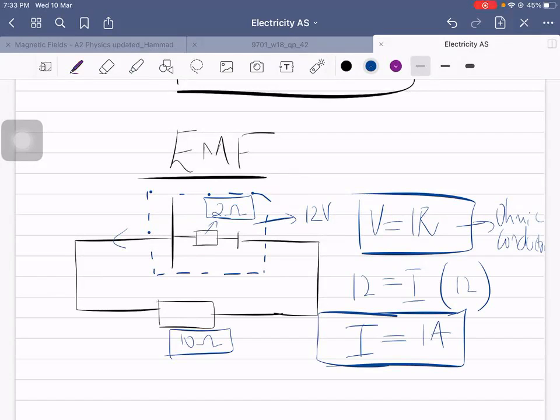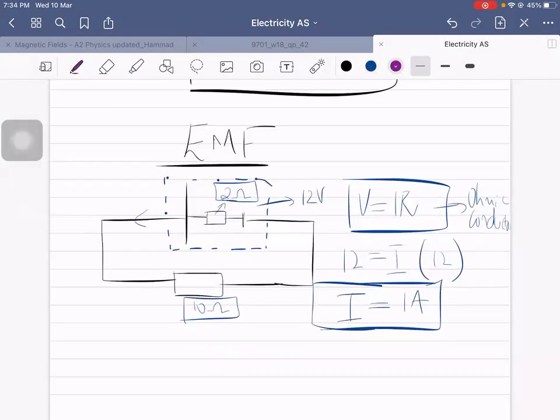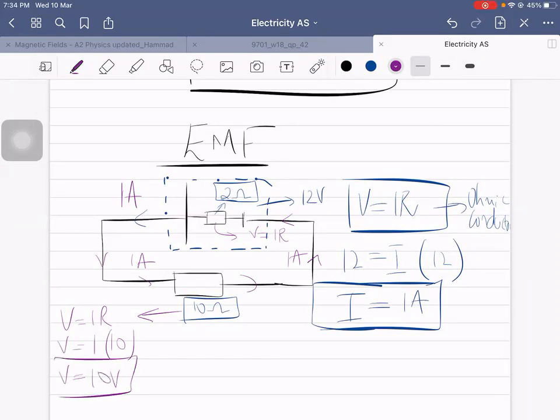Right? Now, if I were to ask you to calculate the voltage dropped here, you're going to apply V equals IR. A current of 1 ampere flows through the entire circuit and again reaches here. Whenever it enters the resistor, there is a potential drop calculated from V equals IR, right? There's a resistance of 10 ohms. The current is 1 ampere. You're going to work out that 10 volts are being dropped here. And when there are 12 volts in the entire circuit and 10 volts are being dropped here, definitely 2 volts are dropped across